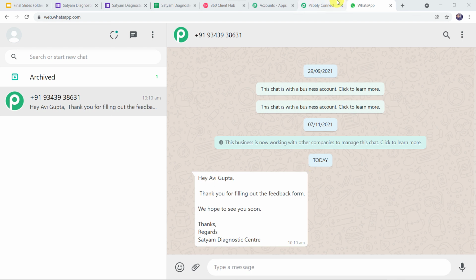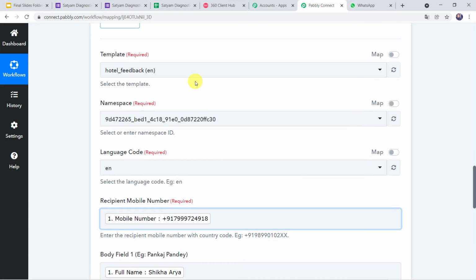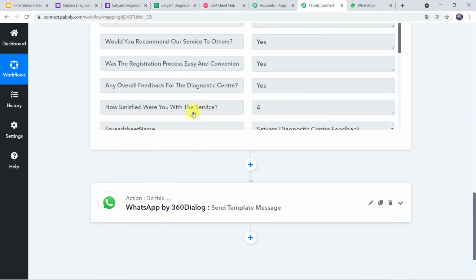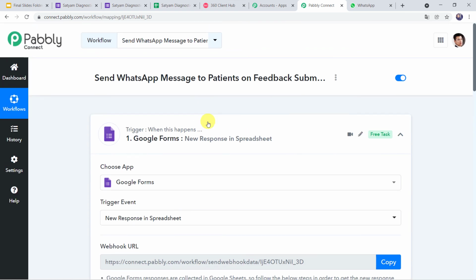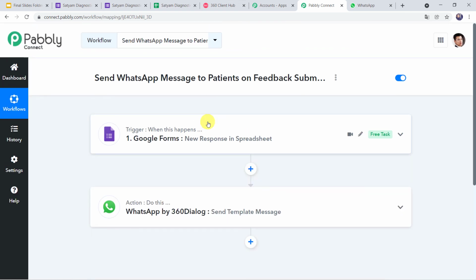So let us move back to Pabbly Connect and I'll just minimize all these windows and let us see in a nutshell whatever we have done till now. So in this use case, we want that whenever a patient or the customer fills the Google form, automatically a message should be sent on the WhatsApp number of the customer stating that he has filled the form and thank you for the response. So in this way, we have created a successful integration between Google Forms and WhatsApp using